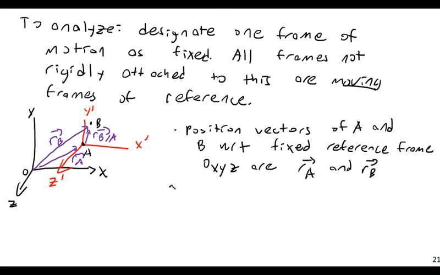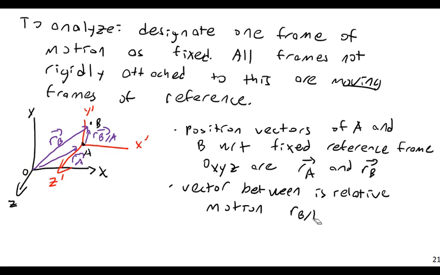And then the vector between them is the relative motion, RBA. Okay? And then if you differentiate, take derivatives, I'll get that VB is equal to VA plus VBA,